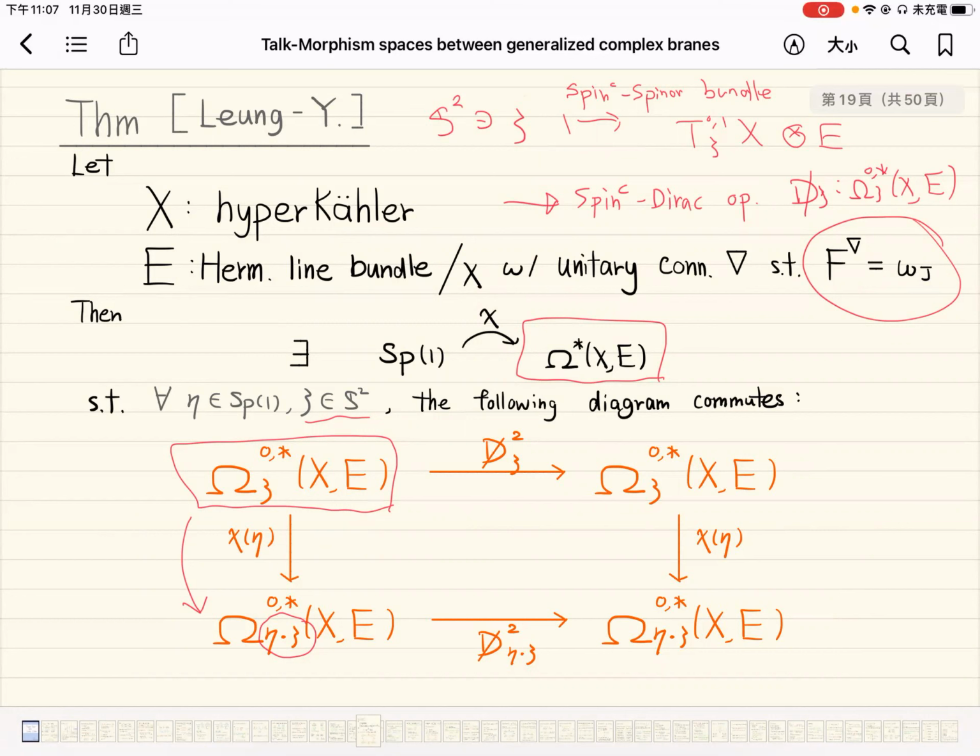Yeah, but indeed, maybe I'd like to clarify one point. I think in general, the cohomology is not SP1 equivariant, but we need to replace the morphism space as the space of supersymmetric ground states. It is that the S2 family of supersymmetric ground states is SP1 equivariant, but not the cohomology. But if you have a completeness assumption, then you can just replace the definition of the morphism space in terms of cohomology by the one using the kernel of the Hamiltonian operator. And in that case, you have an SP1 symmetry.